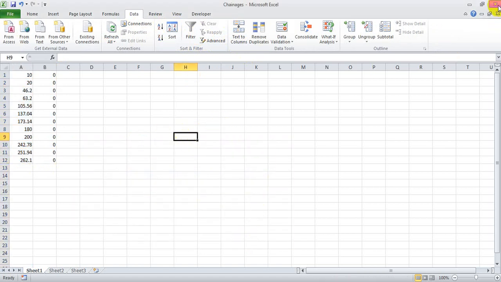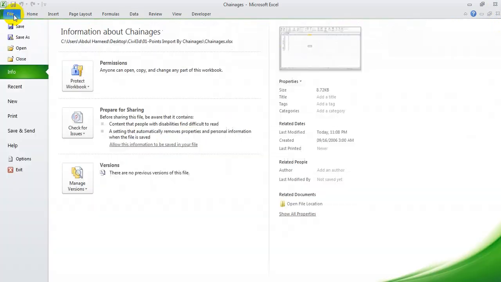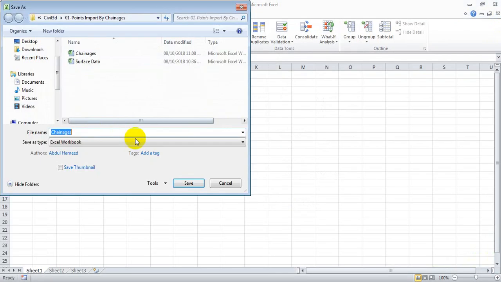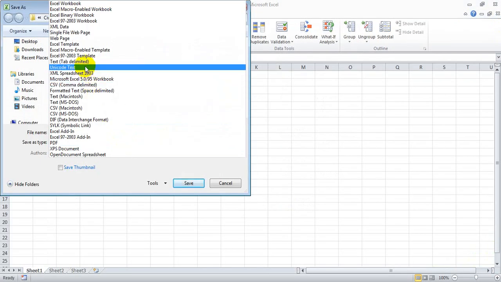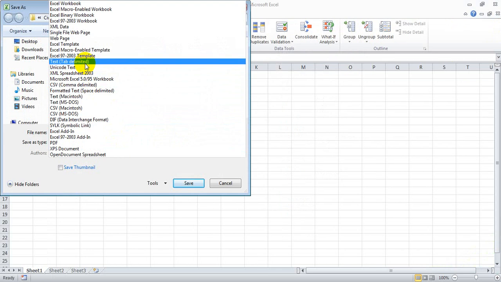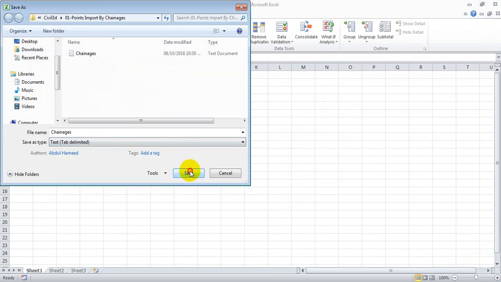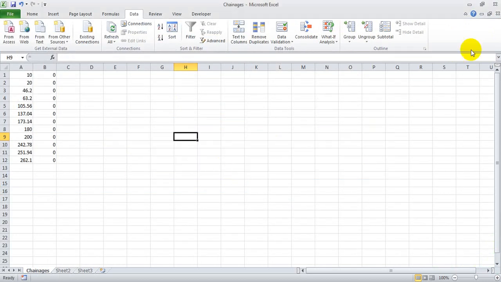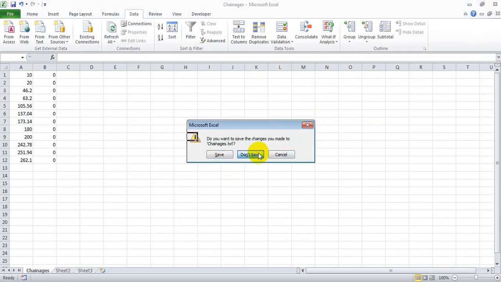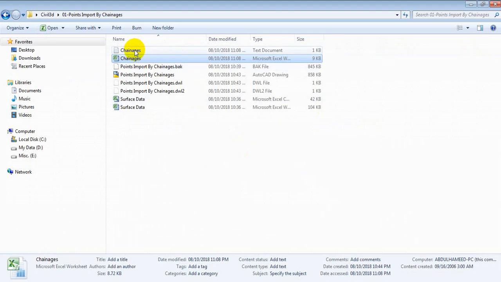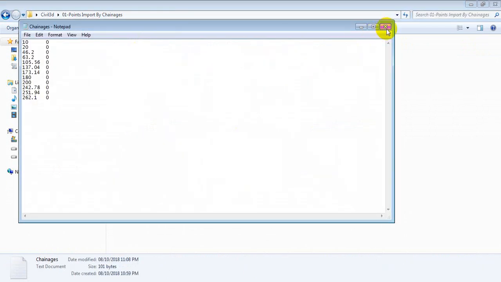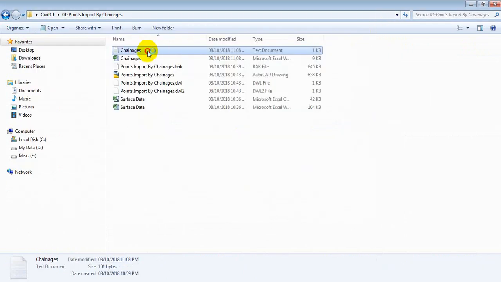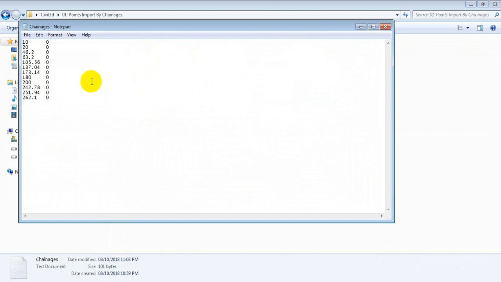Then we need to save this file as text, which is really important. We need to save it as text tab delimited. We will replace the already existing text file. Okay, if I open this text file with a text editor, we will see that